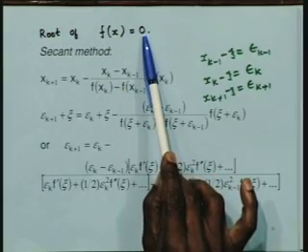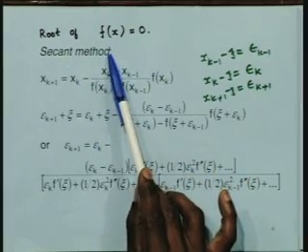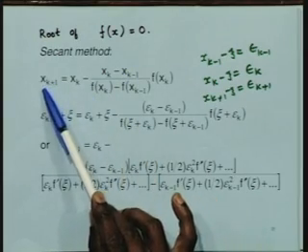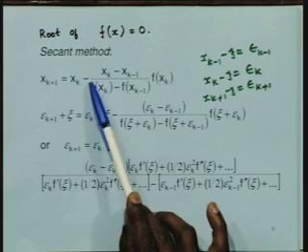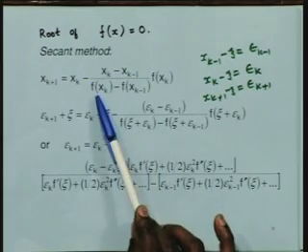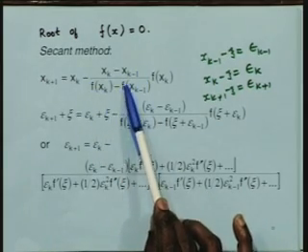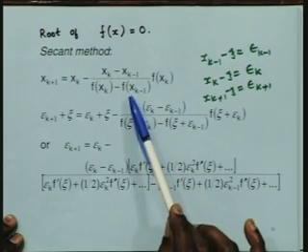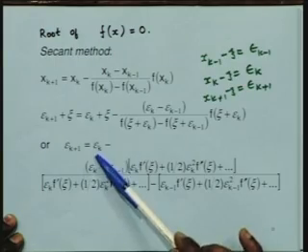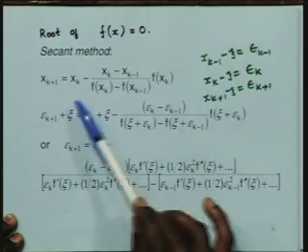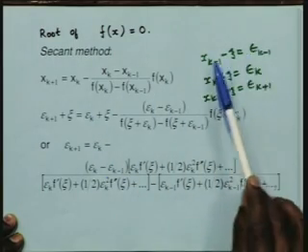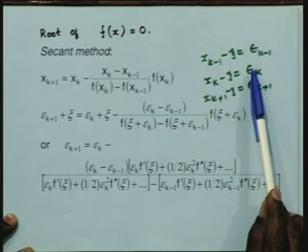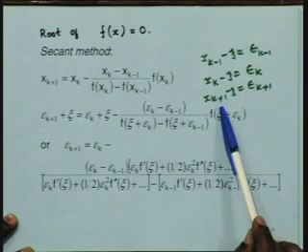We constructed the secant method with two initial approximations x_{k-1} and x_k. Based on that we use the formula x_{k+1} = x_k - [x_k - x_{k-1}] / [f(x_k) - f(x_{k-1})], where this factor is multiplied by f(x_k). Then, in order to obtain the convergence rate, we substitute for the errors in the solution: epsilon_{k-1} is the difference between the exact solution and the estimate x_{k-1}. Similarly epsilon_k and epsilon_{k+1} were defined.